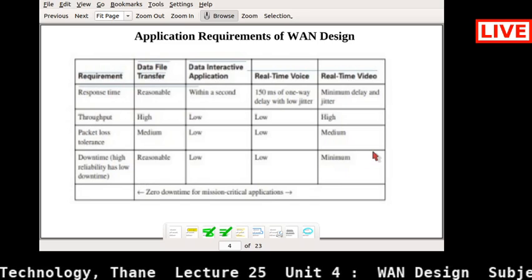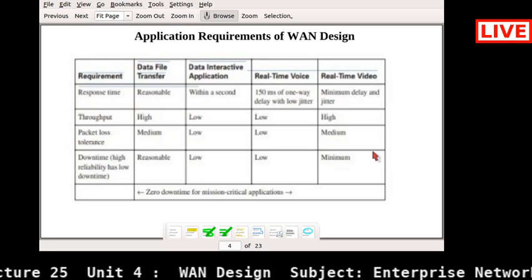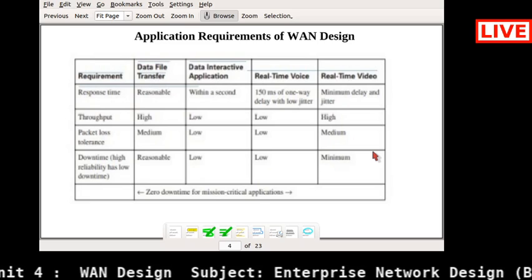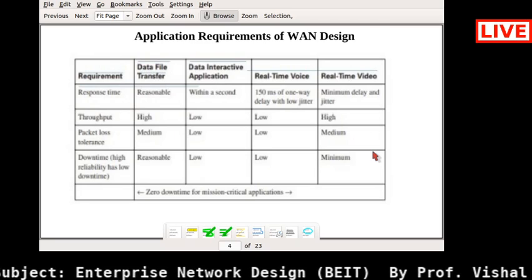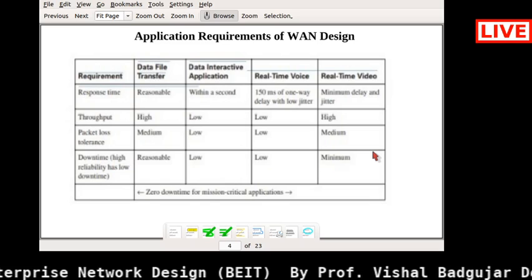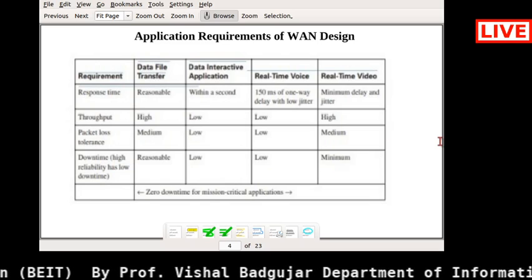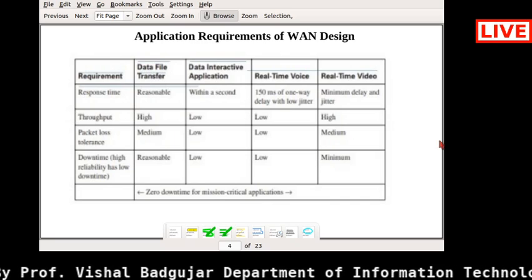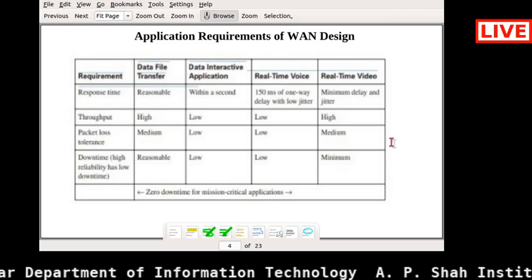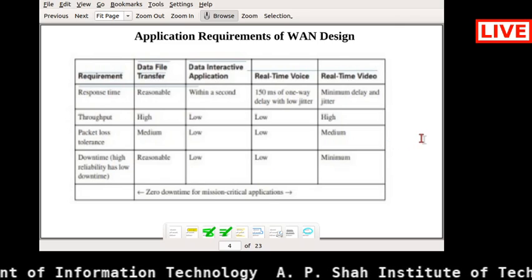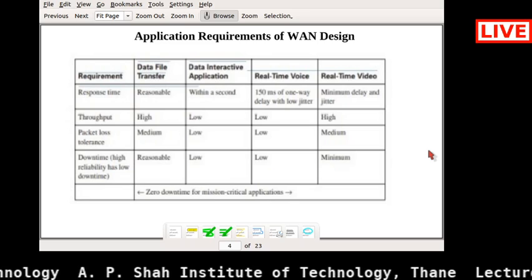For example, reliability is an important case when I am talking about financial services, security services, or some emergency, police, or military operations. In those, you require 100% uptime for all the critical applications, and for that you must have a high level of hardware and topological redundancies